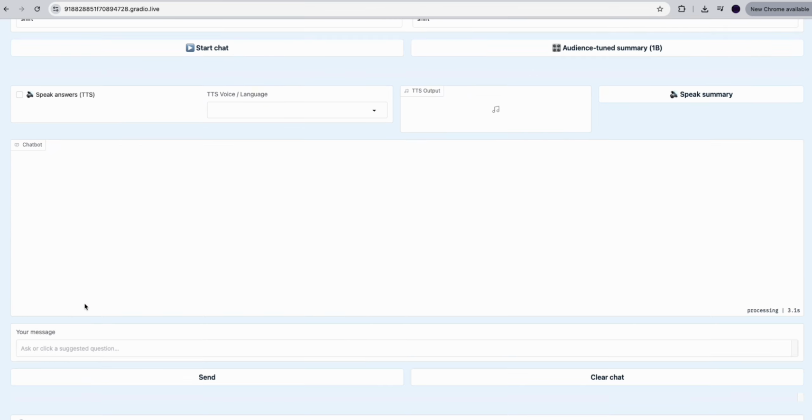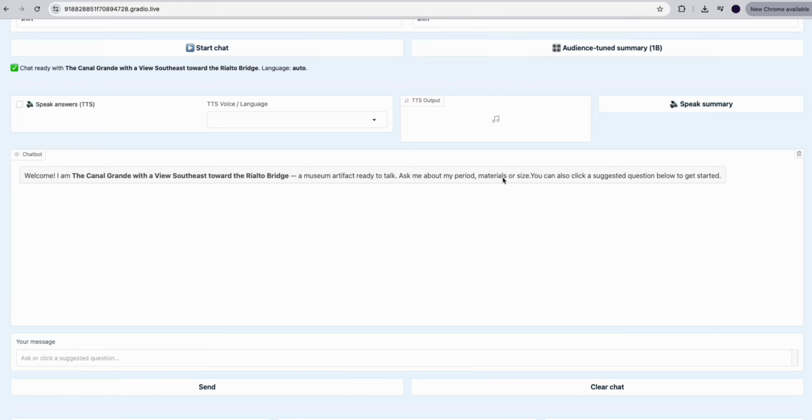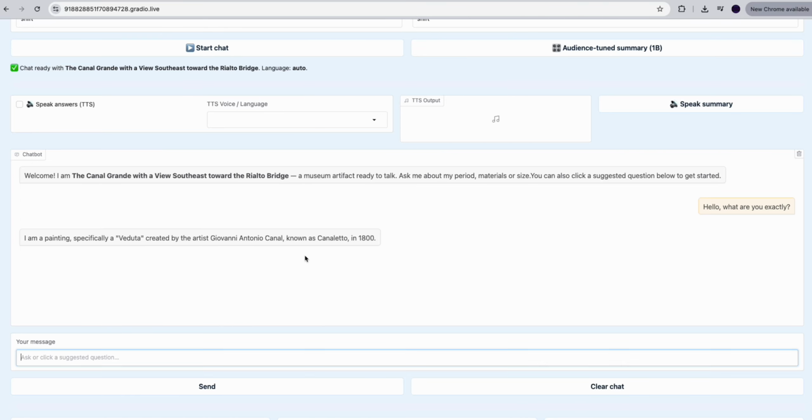The first thing we can do is to engage into a conversation with the chat. Actually, the model behaves as the asset per se. So we can start doing questions, asking about the material, asking about information, about visual information here. For instance,